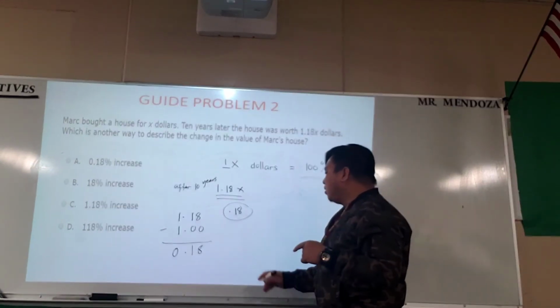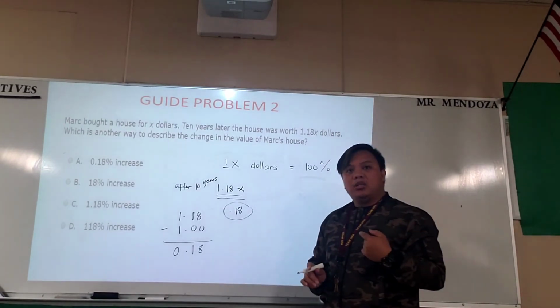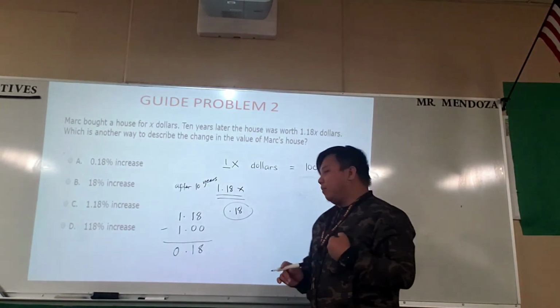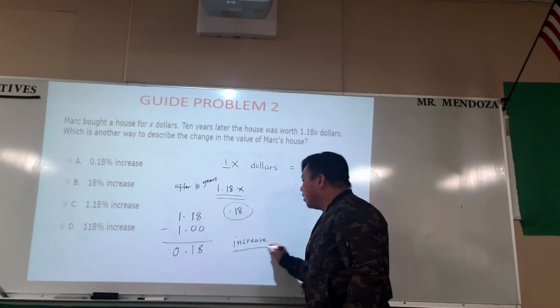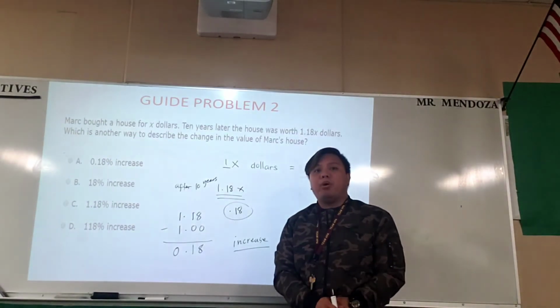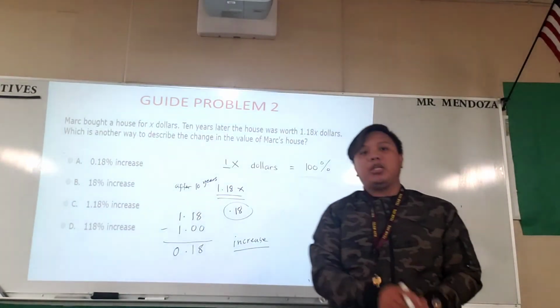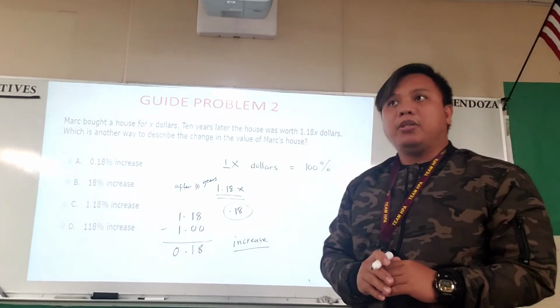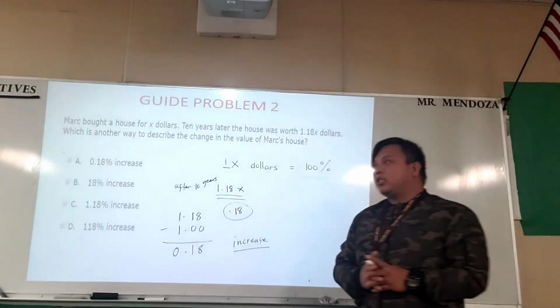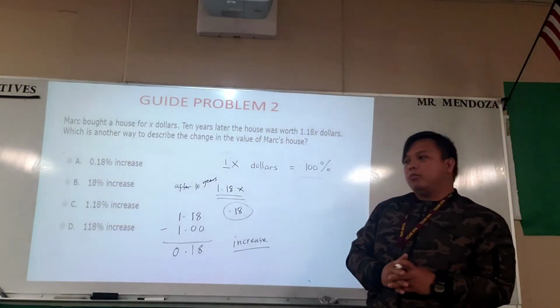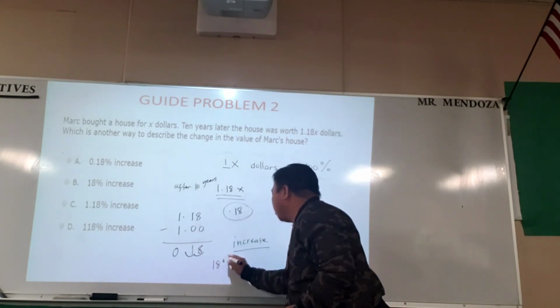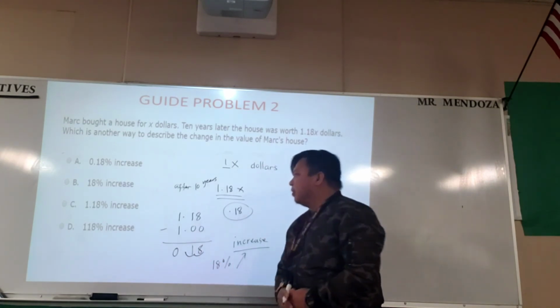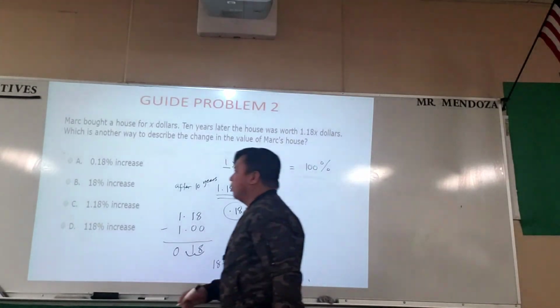So if I know that this is an additional, I know for sure that it's going to be what? It must be an increase. But 0.18 alone is not enough, we need to express this as a percent. So how do you express a number as a percent? We just move the decimal point 1, 2. So that's going to be an 18% increase. So what's going to be the answer? We got